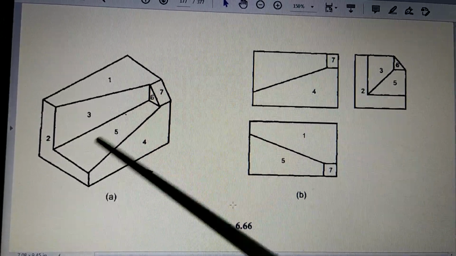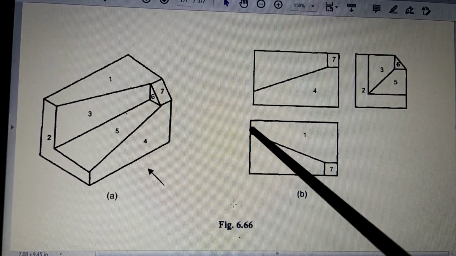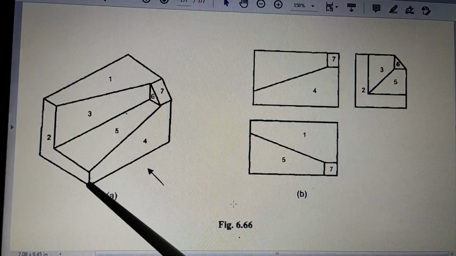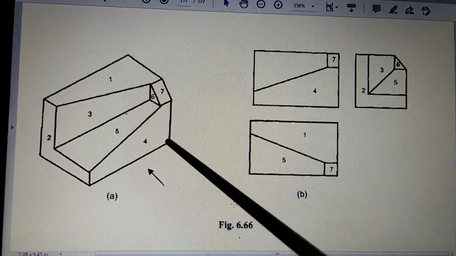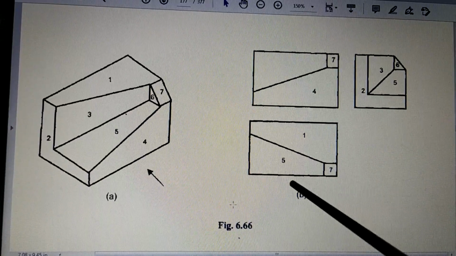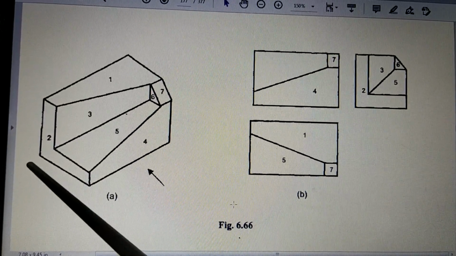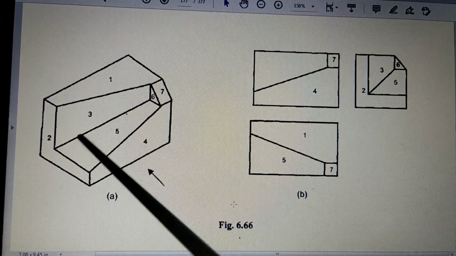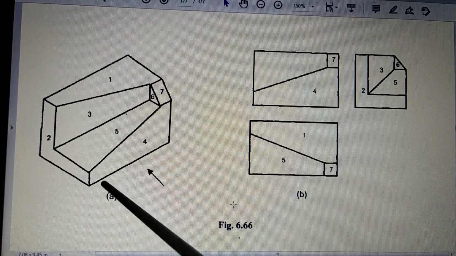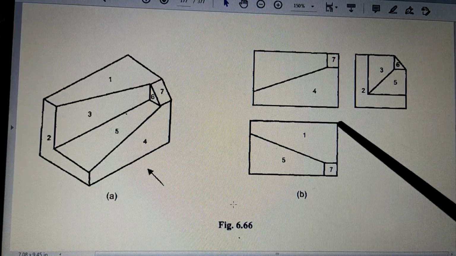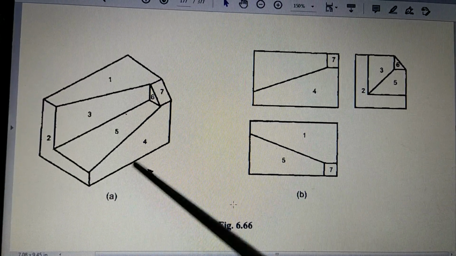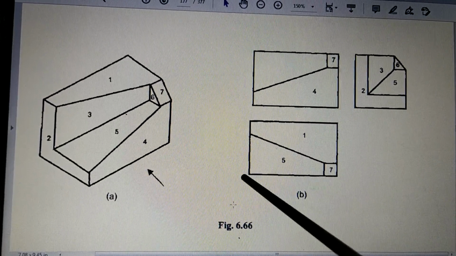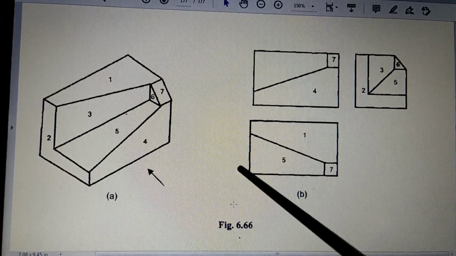So this length that is there will come here. This line is this length. Then this length is this line. So you can see, if you think of the base of the surface, the base of the surface is going to be a rectangle. That rectangle is like this. So this is a rectangle of size this and this. Suppose this A is B, this A by B rectangle is drawn.